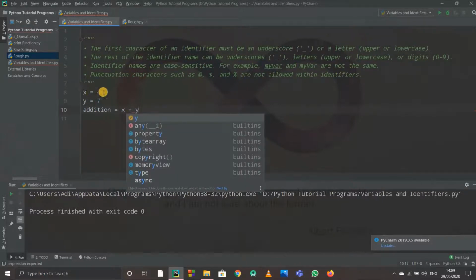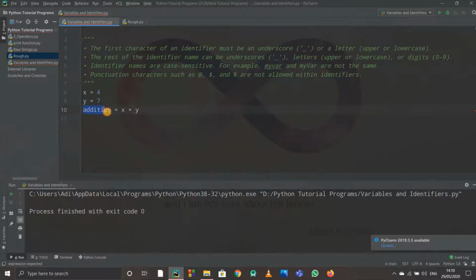Suppose it went here, it got the value, so it stores the value 4 in x. After that it came to this line, it stores the value 7 to the y. Afterwards it came to addition, then it understood that the value of addition should be equal to x, that is, it understands x is 4, so it will write addition equals 4 plus, meaning we added, y, that is 7. So it automatically stores addition equals 4 plus 7. It stores it directly. So now what we have to do, we just have to print it.